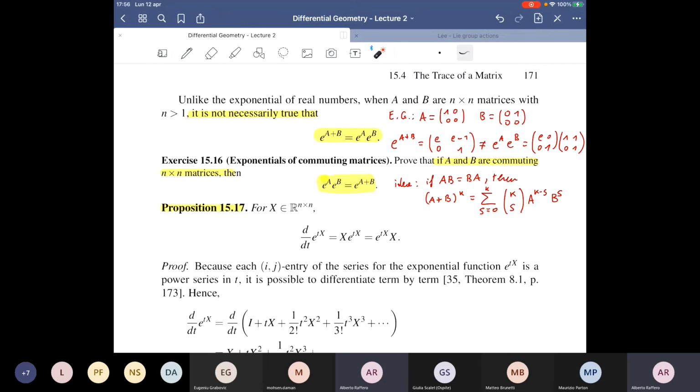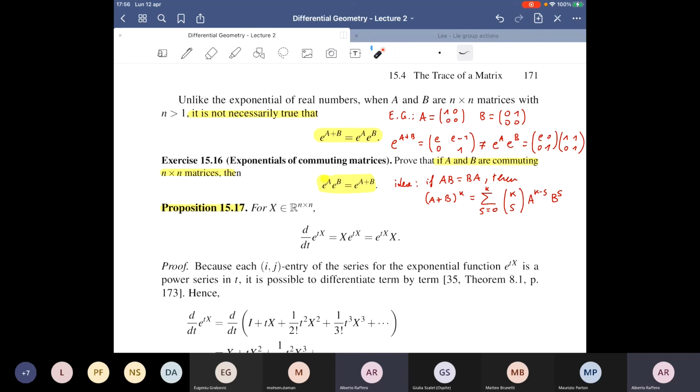Well, now we have this exponential of matrices. It is defined in a similar way as it was defined in the case of real numbers. But pay attention to the fact that not all the properties that you have in the case of the exponential of real numbers hold also in this case. For instance, it is not true that if you consider the exponential of the sum of two matrices, you will get the product of the exponentials. And here you have a counterexample. For instance, taking these two matrices here, you make some computation and you show that these two are different.